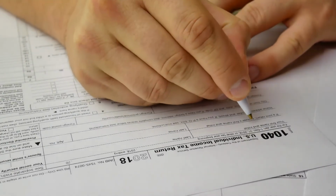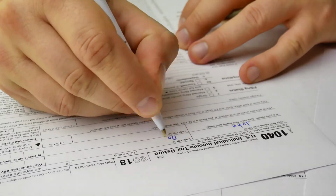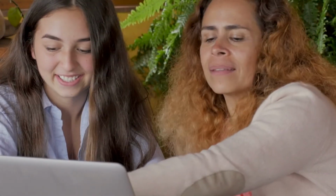starts with FAFSA. As a student and as a parent of a student, you need to have your last year's tax documents. If your student worked, you need their last year's tax documents as well. And you need to recognize, for the most part, parents fill out the FAFSA for their students. Basically, two separate parts of the application. There's the parent portion where you're entering your information, and then there's the student information where you're entering theirs if